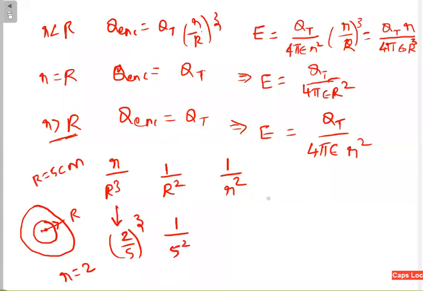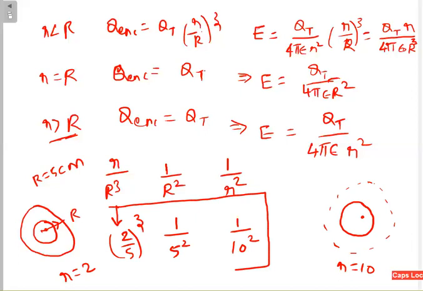In the last case, you are at a solid sphere, but your imaginary surface is outside the sphere. That means the r value is greater than 5. Say, for example, r is equal to 10. Now what happens? 1 divided by 10 square. You can put anything. Now you compare these values. You calculate with the calculator. How does it vary?